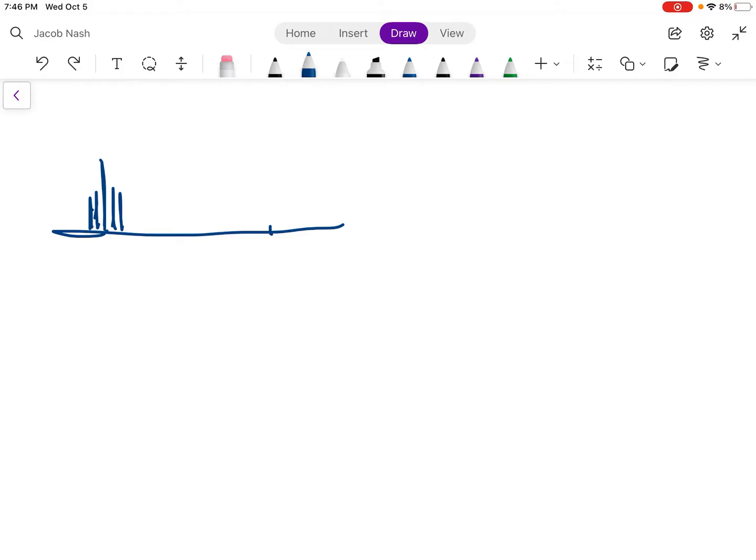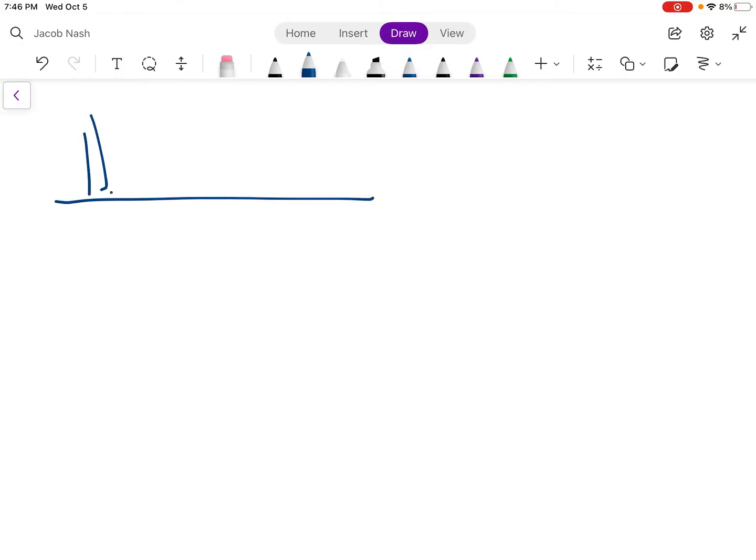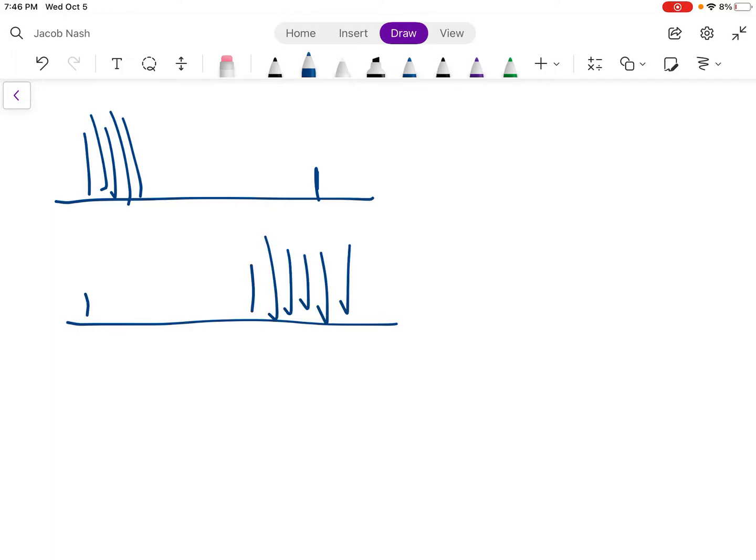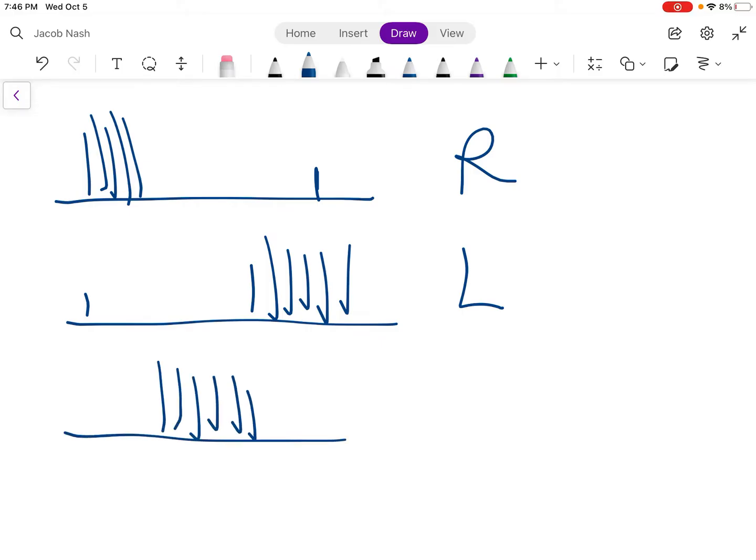Another way you can think about it is if you just draw a curve down. Imagine a skateboard on that thing. Where's that going to go? Sorry, that's a terrible skateboard. It's going to go to the right. It's going down the hill. That's another way you can think about it. So this would be skewed right. This would be skewed left. So right, left. This would be pretty much